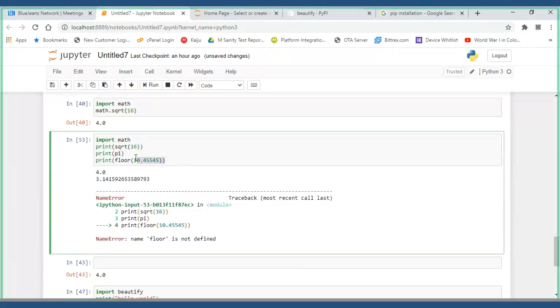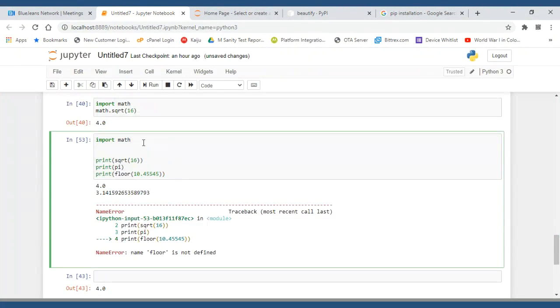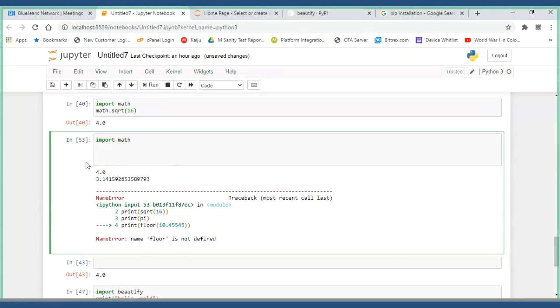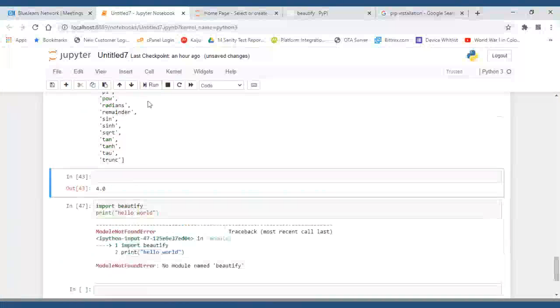Raghav, can we check what all functions are there in the module? I think you should be able to get it by using dir of math. Let me run that. Yeah, you can use that.